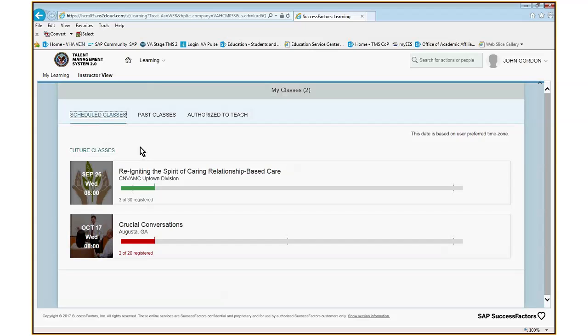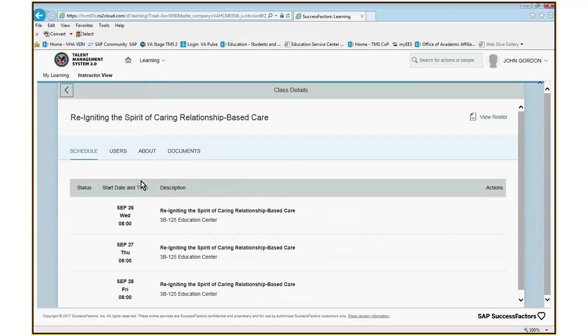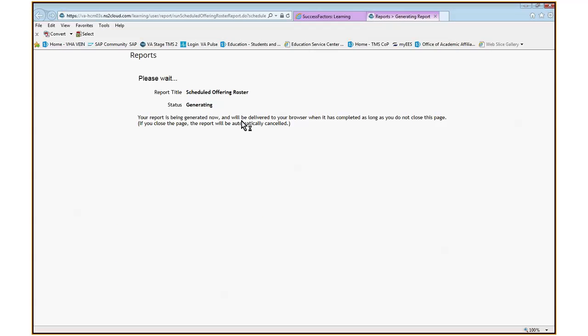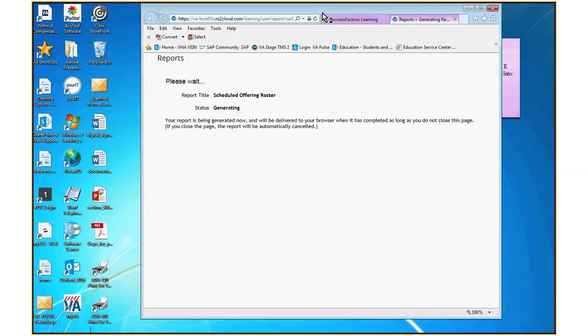You want to go in here and you need a roster. At this point, you'll come over here and click on that roster. It'll open another tab, and I'll show you what that looks like, and it's going to generate your roster for you. While it's generating that roster,